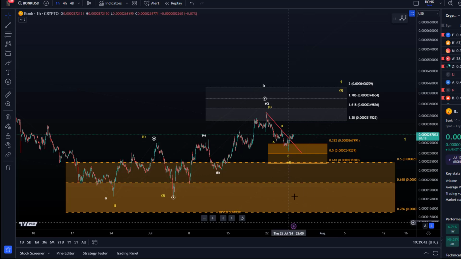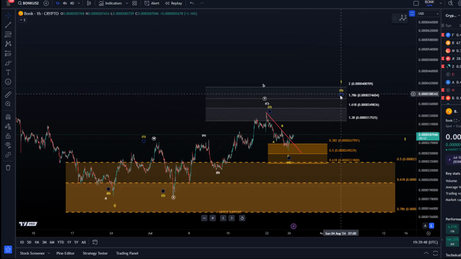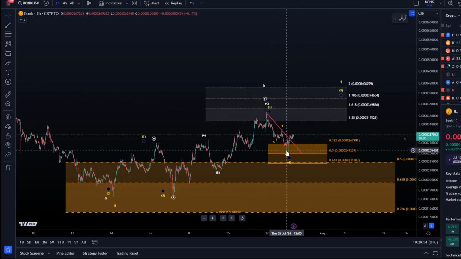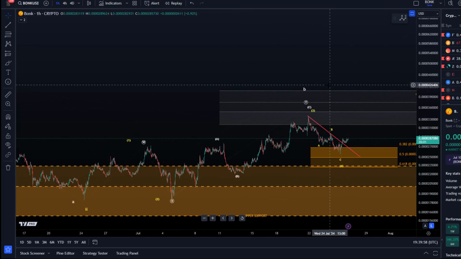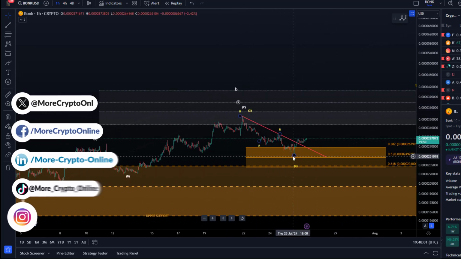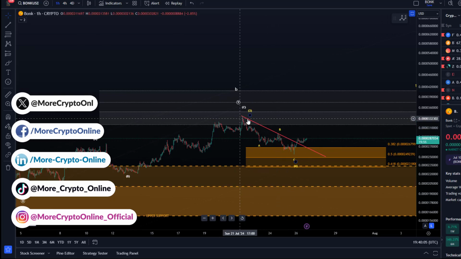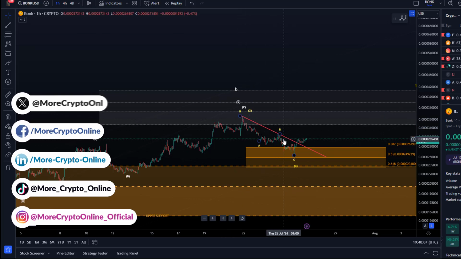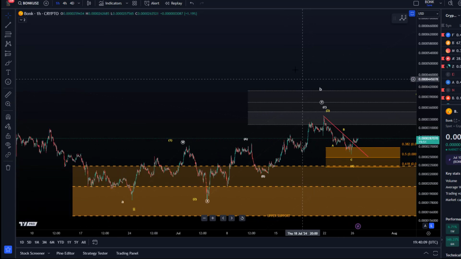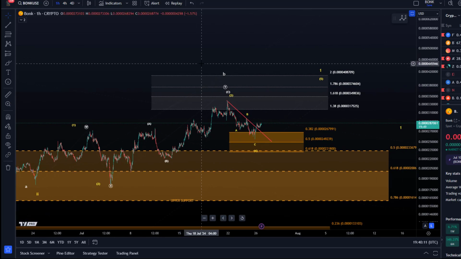Bonk has reacted to the micro support zone for wave 4 and has possibly started wave 5 to the upside. So in the last video we talked about this ABC structure to the downside and that the wave 4 might be complete. It doesn't fully look like 3 waves down. To be honest, it looks a bit like a 5-wave move down, but I can count it as 3 if I want to. I give the bulls at this stage the benefit of the doubt because the price dipped into